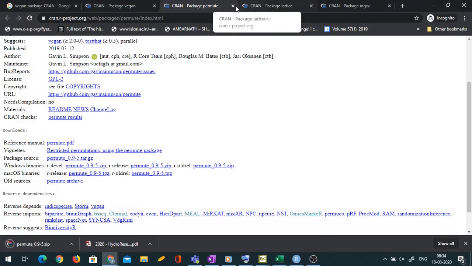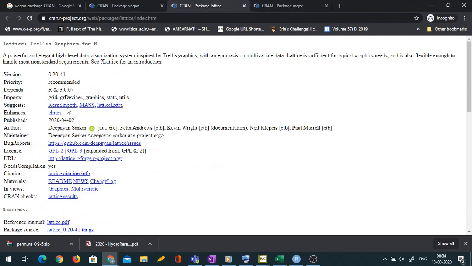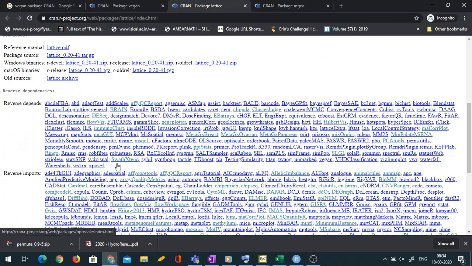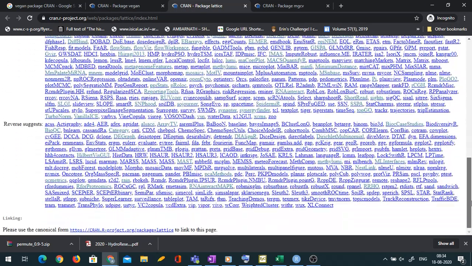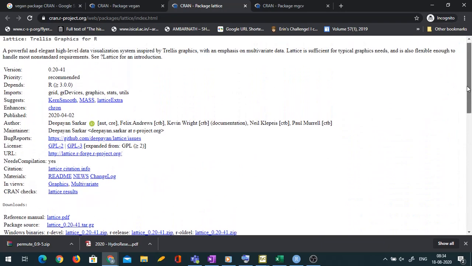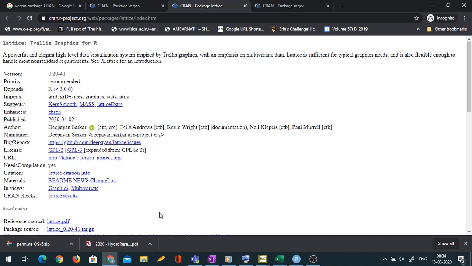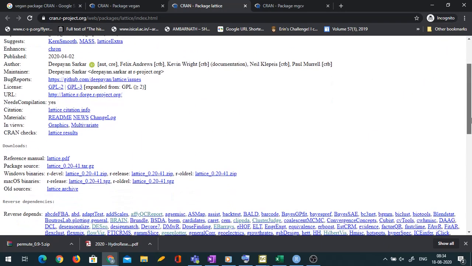So this is package permute. Then I want package lattice also. See, reverse depends, reverse imports, so many packages are there. Reverse suggests. So please try to see the meaning of all these and let me know.